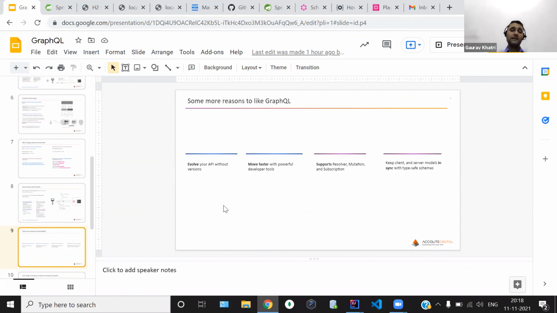Apart from that, we can evolve the API without impacting the existing version of the GraphQL schema. So we have already seen that on the fly, as per the requirement, we can add new fields, and we can deprecate fields. Okay, and by this we don't have to worry about the UI. The UI will continue to work as it is. But if we want this kind of feature in the RESTful API, then again we will end up creating new endpoints in terms of v1, v2, v4, and so forth, right?